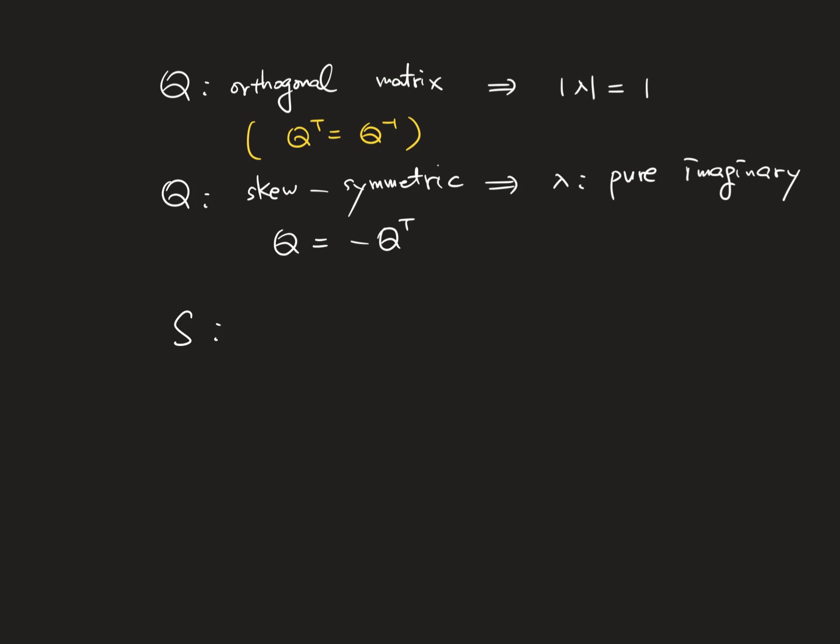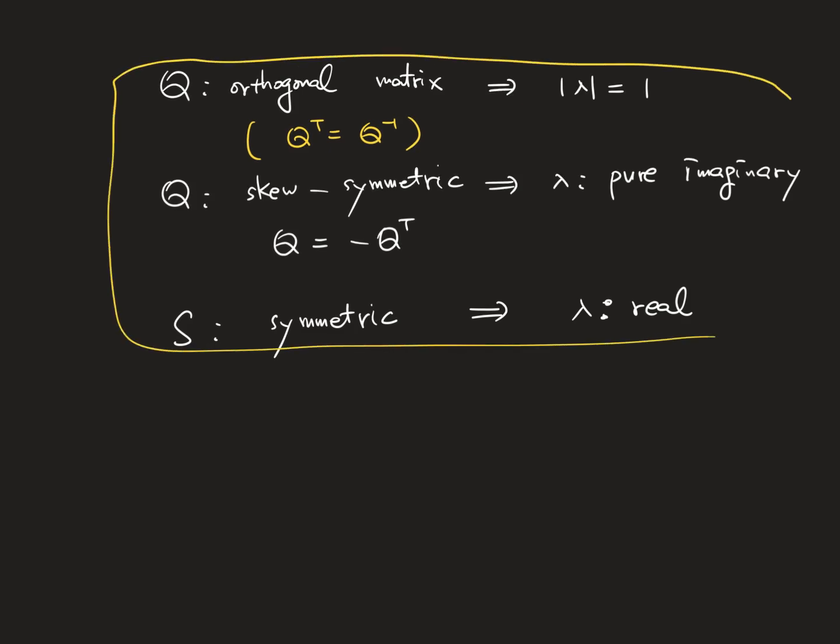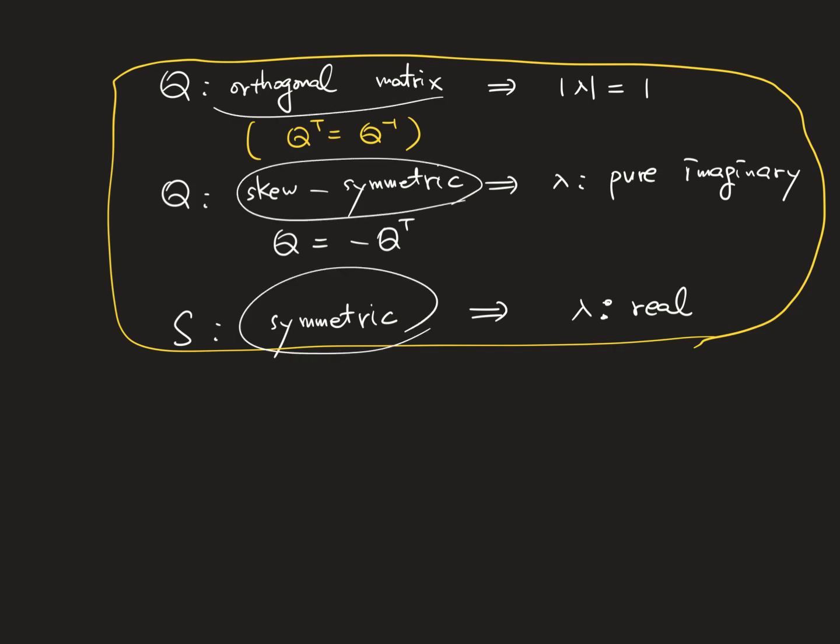And if S is symmetric, we can say lambda is real. Well, this is all about eigenvalues. For eigenvectors, for these three cases, symmetric, skew symmetric and orthogonal matrices,